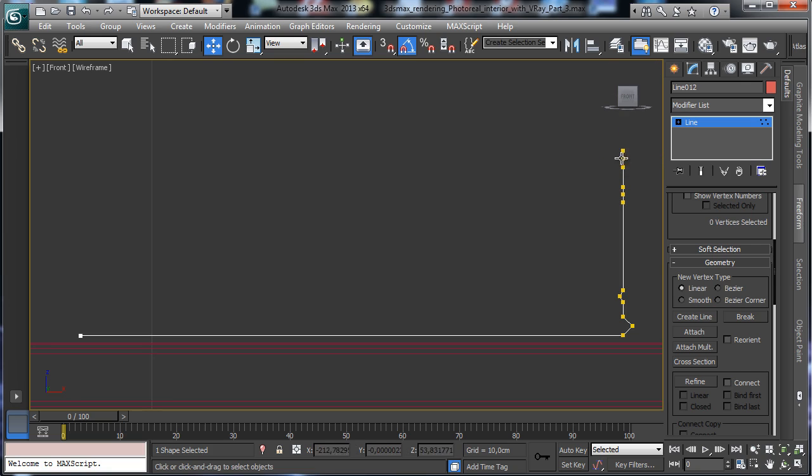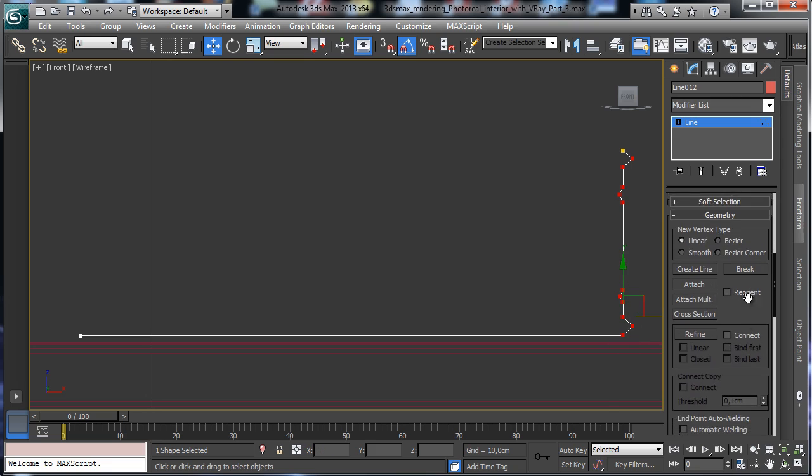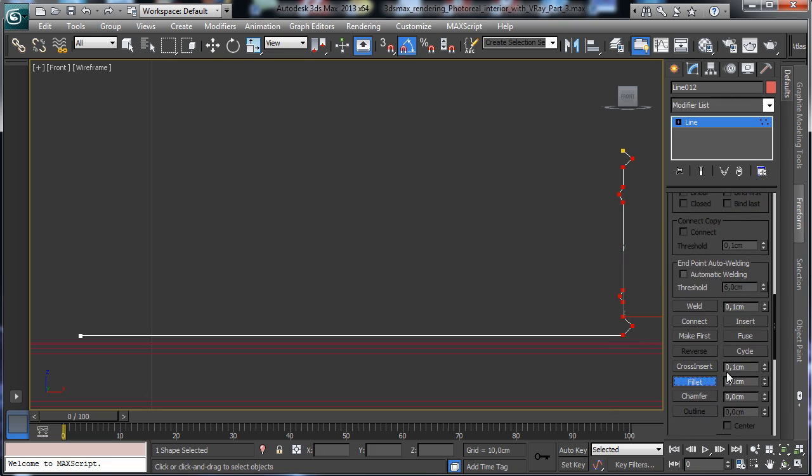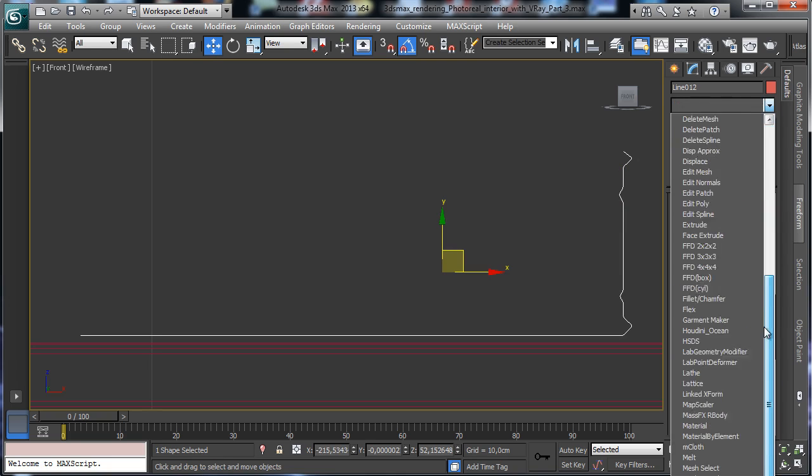This one is outside and this one is inside. Then we select all these vertices and also this one, and we use the fillet, and we start to have a little bit of fillet. Okay, nice. Then we go for a lathe